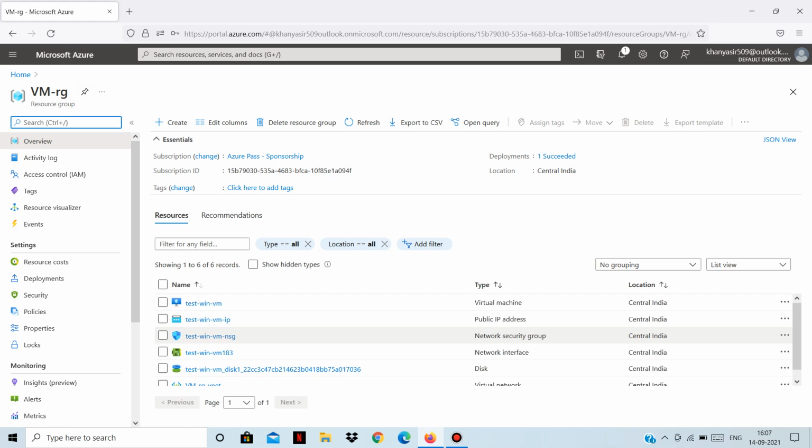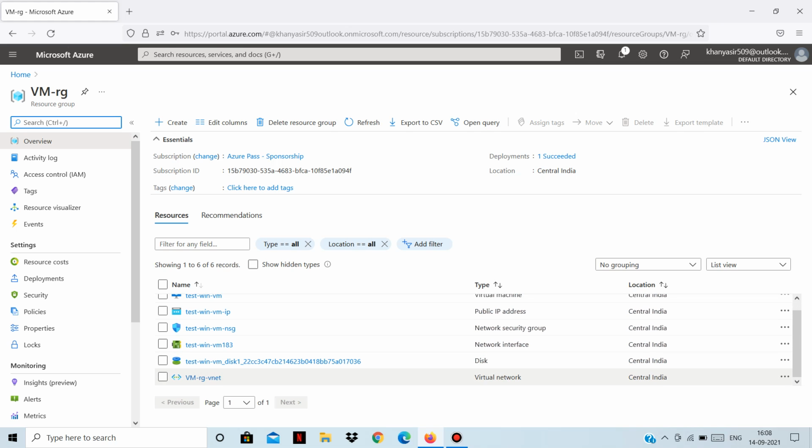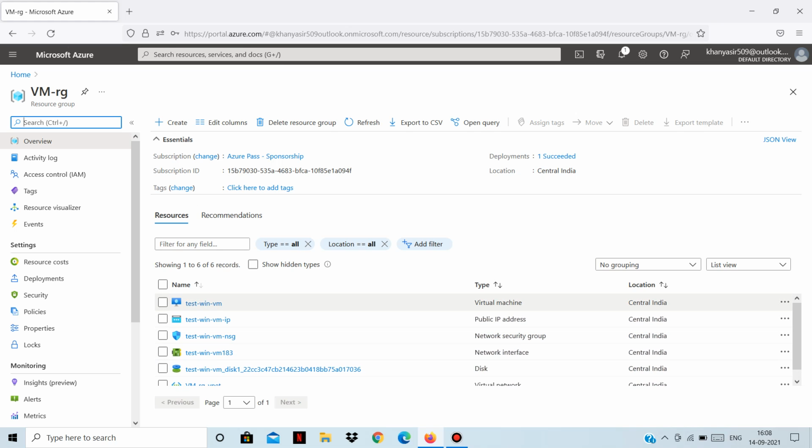So we had seen how it works. Like we at first denied the HTTP traffic, and then we allowed the HTTP traffic to access our website or web page running in this particular Windows virtual machine. Then there is network interface, which contains our public and private IP address, which gets associated to this virtual machine. Then there is this disk, which contains our operating system, and the virtual network itself. Okay, so these are the components or resources associated with a virtual machine.